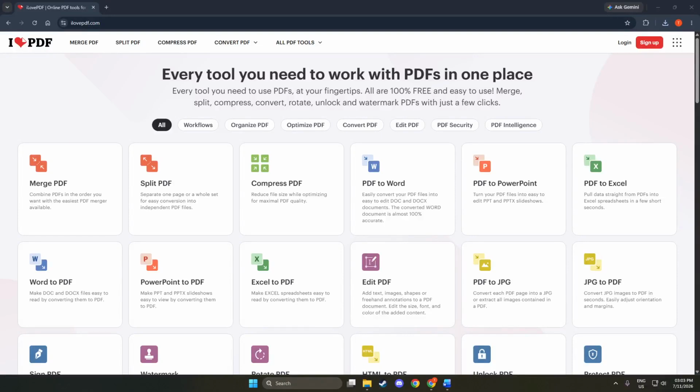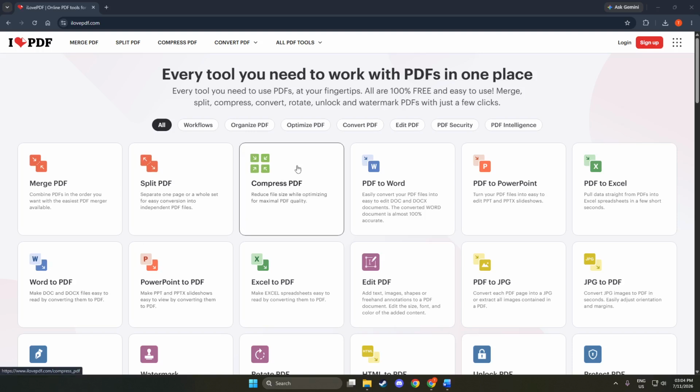First, we need to open the Compress PDF tool on iLovePDF. To do this, you can start by visiting the website at ilovepdf.com. Once the page loads, look for the Compress PDF option. This is usually prominently displayed on the homepage. When you click on this option, the tool will open in a new window.